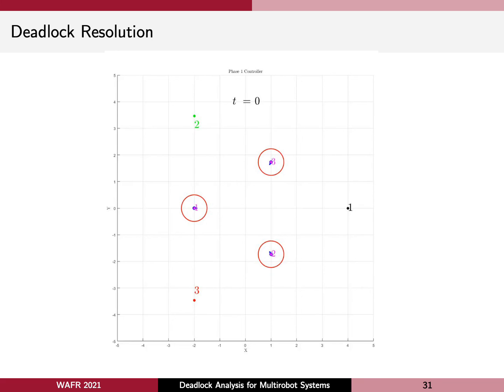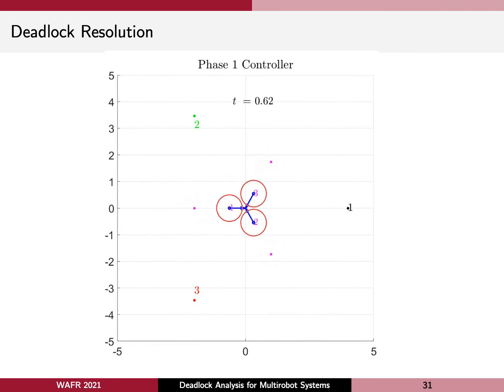Similarly, for 3 robots, the primary task is for the robots to reach their antipodal positions respectively. The robots start from their initial positions, and they fall in deadlock using the phase 1 control. Then, once deadlock is detected, they rotate around one another using feedback linearization. And once that rotation is complete, the control switches to phase 3, which is simply a PD controller, so that the robots can reach their respective goals.